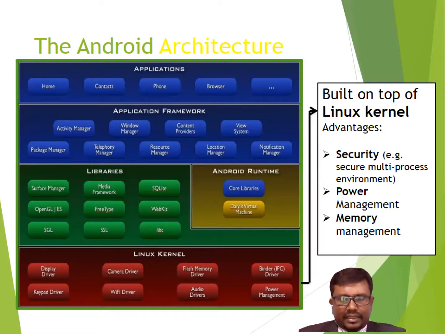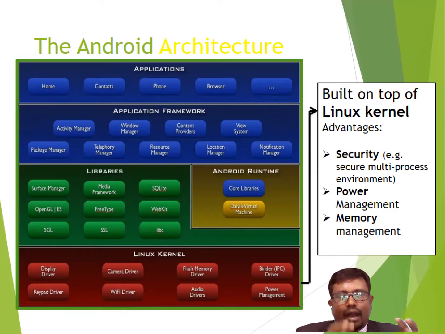Now we will discuss in detail each and every layer, right? The bottommost layer, the basic essential layer, is the Linux kernel. It manages all the hardware operations. If you want to manage the hardware, there is memory management, process management, and security. These are all core essentials of the hardware, managed by the Linux kernel. Also all the drivers supporting the hardware.